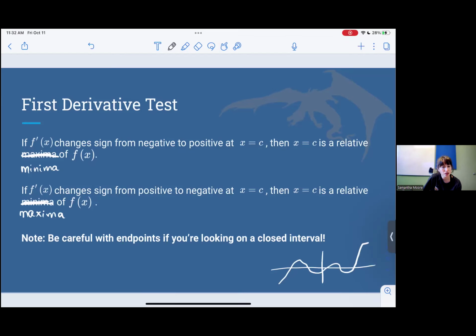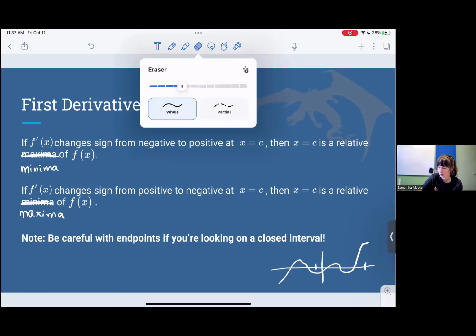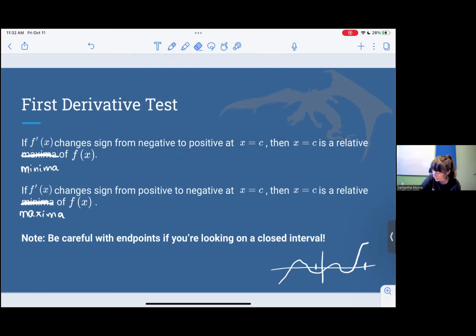But if I look at just a closed interval and I restrict myself to looking at, say, from here to here, that means I need to think about deleting part of my graph. Sorry, I'm gonna delete it this way. So I'm not gonna think about,